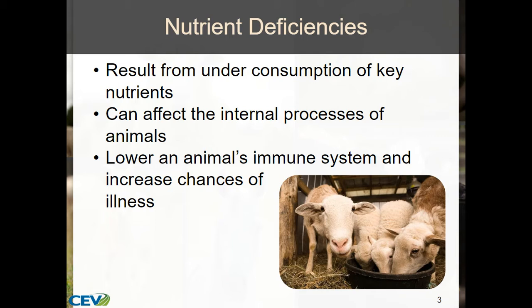Okay? Animals get sick because they're under consuming key nutrients, or in some cases, actually over consuming, but it's much less common. Okay? We also know that nutrient deficiencies cause lots of different issues. Every different nutrient, including every different vitamin and every different mineral, is going to affect some different kind of internal process in that animal,